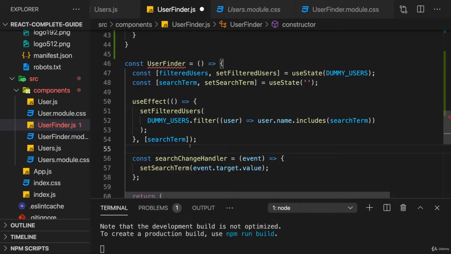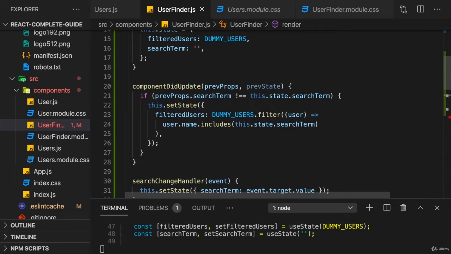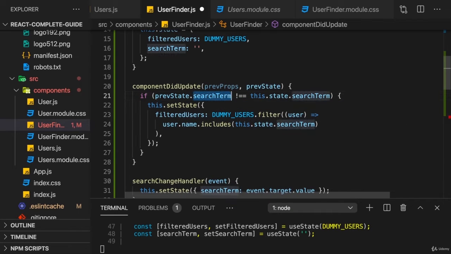And other changes and other reasons for this component to re-render are ignored for this effect because of this dependencies array. Now, one thing I just noticed, by the way, of course, I don't want to compare prevProps, but prevState. The previous state search term should be compared. If you would be updating based on prop changes, so you got some new prop values and you wanna, and